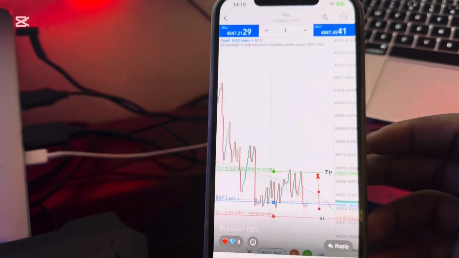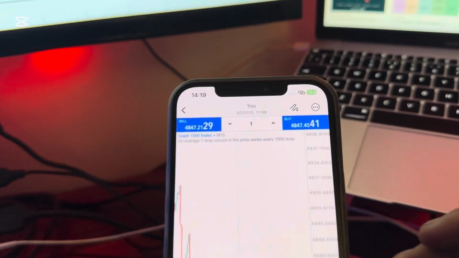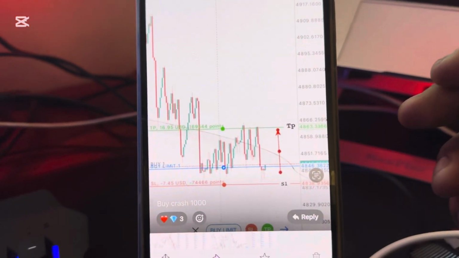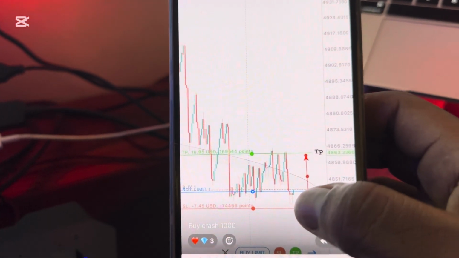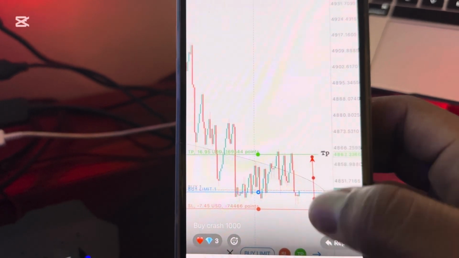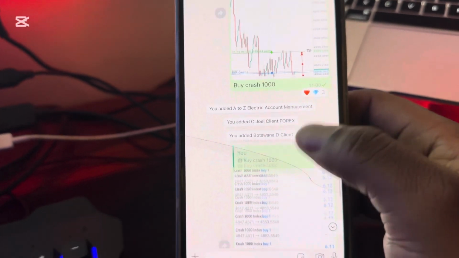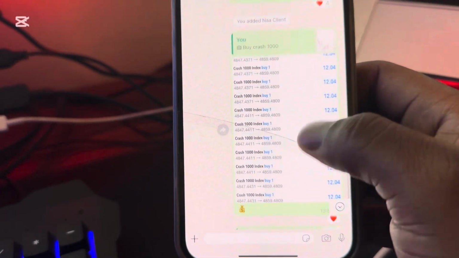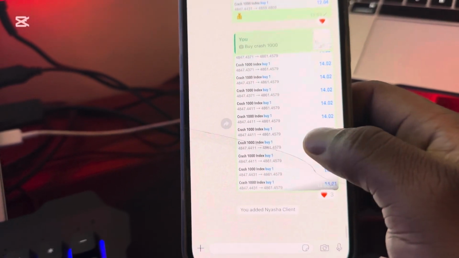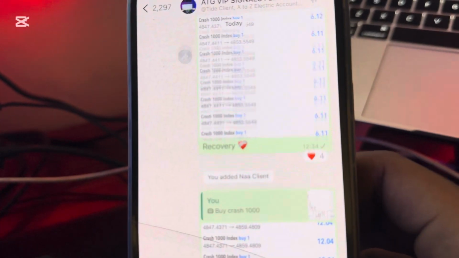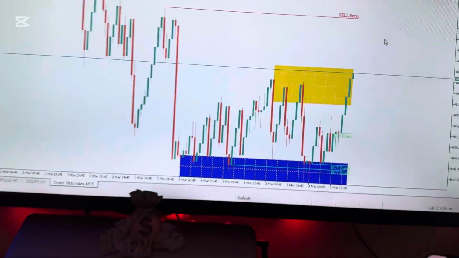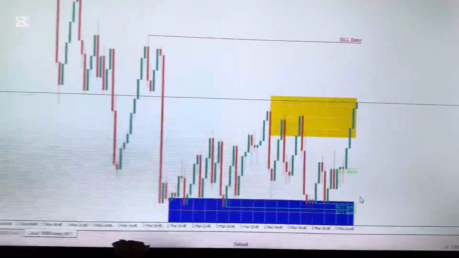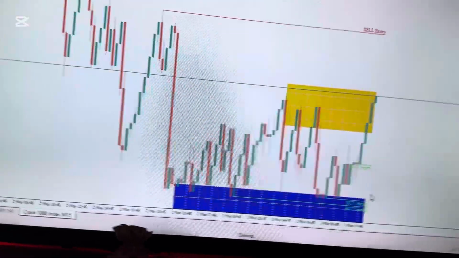This is the analysis that I sent to them. As you can see, at 11, and this is how it looked. Okay, so you can see we entered right there at the bottom, and you can see also the risk and reward that we had, and you can see the results that were coming up. So yeah, right here you can see it says recovery. So this was our recovery trade because we had lost some trades before, but nonetheless,